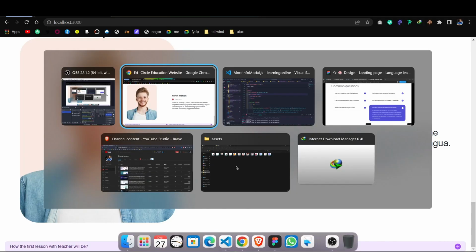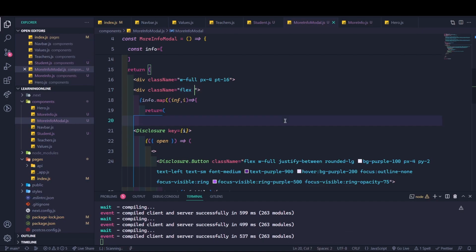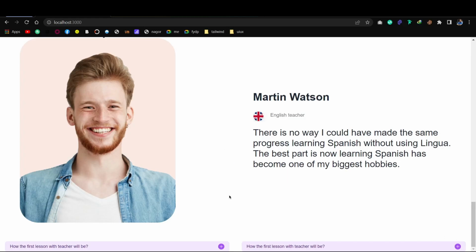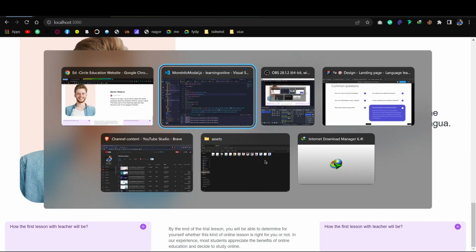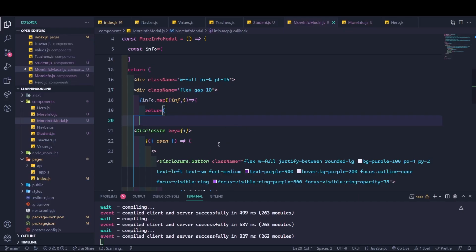Okay, guys, I use flex, then that actually works in here. When I'm using this div before the info mapping, where I do the map, I will give flex and give gap 10, then that will work. Yeah, you see, now it's working perfectly, right? When I click, oh, okay, wait, I have that solution. Okay, disclosure, right? So yeah, if I give a class name in here, class name, and flex